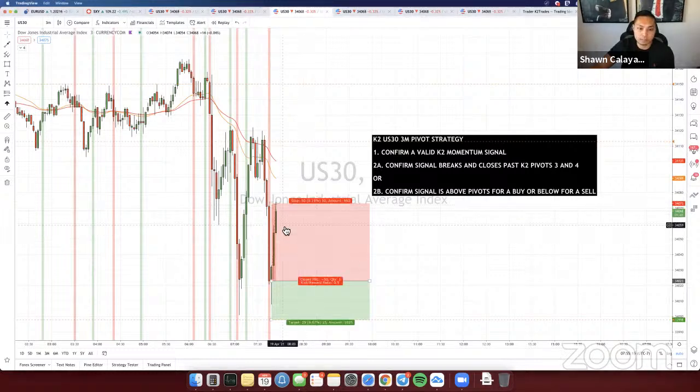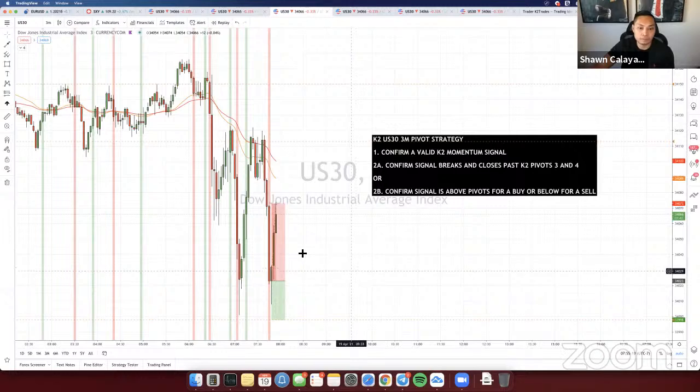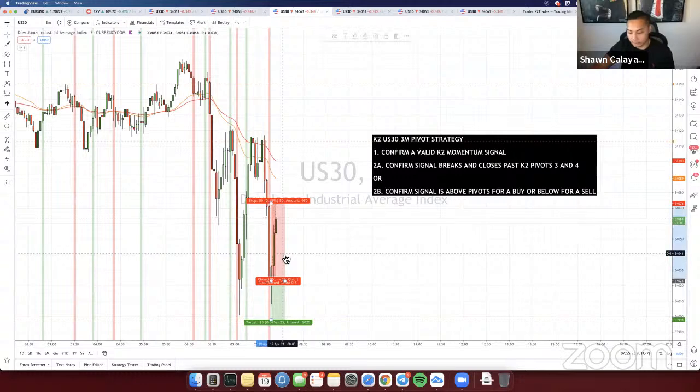Yep. So there you go. Stop loss off that right there. It's all good because we already had 2 wins this morning, so we're still in profit for these scalps. Now we're probably going to hold off on these scalps for a bit, guys, because it looks like the market